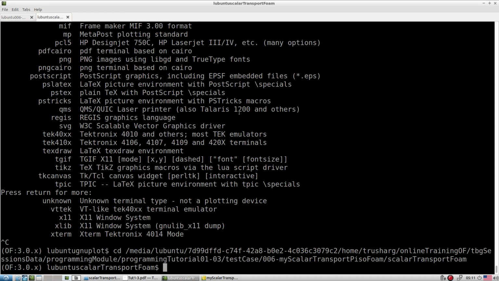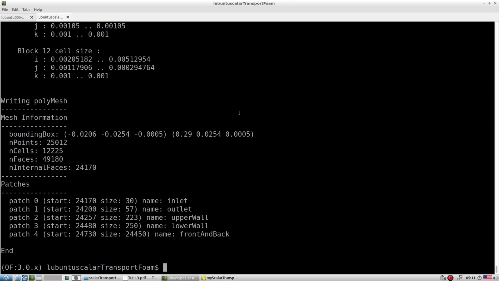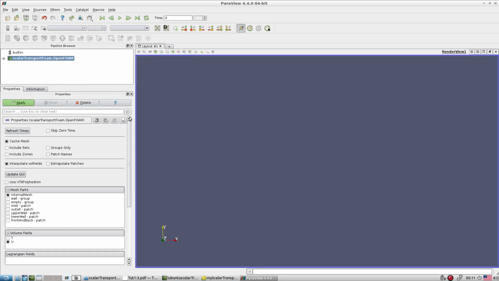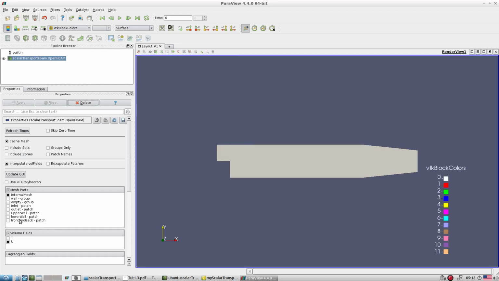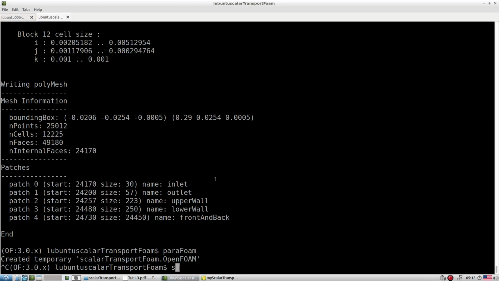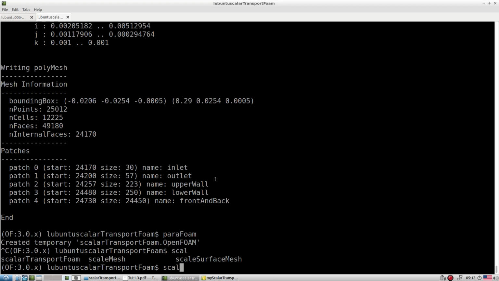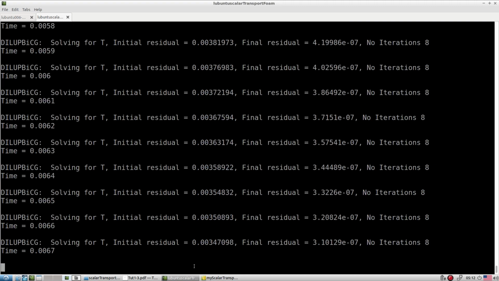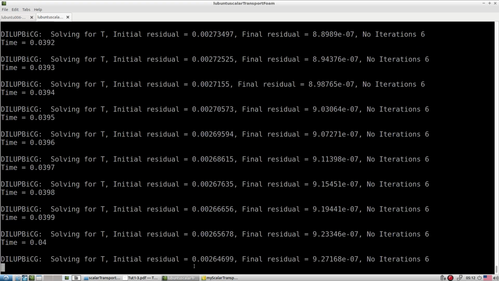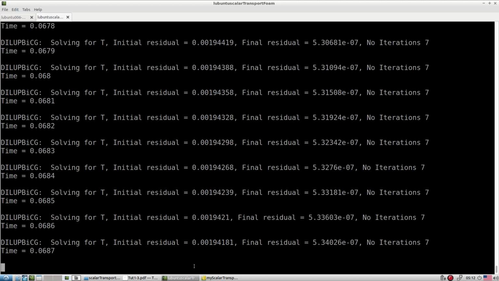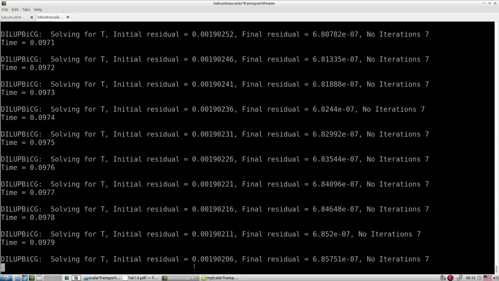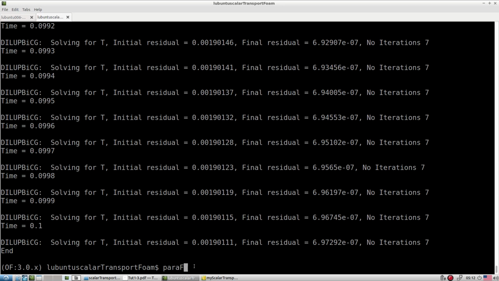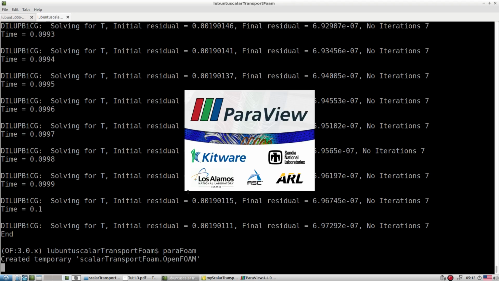So blockMesh, paraFoam, let's see what exactly we have. Fine, we have a temperature. Now let's simulate it with the scalar transport form. Look at the result.